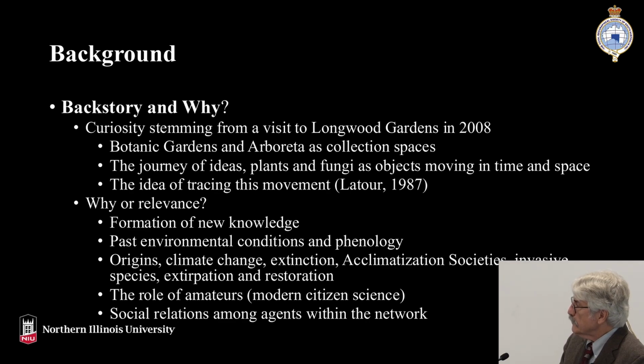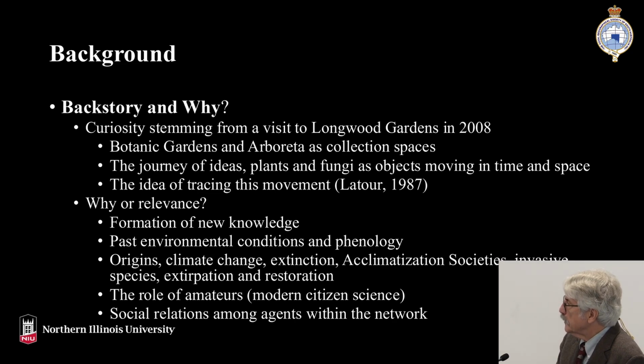So this curiosity, this idea about gardens as place, or what's the historical background of that. I was in Longwood Gardens way back in 2008, and I was looking through the bookstore, and there were all these books about collectors that had gone out in the field over time and brought all these things back. So it's like you're bringing back all these materials to this one place. Okay, so I'm thinking, gardens could be kind of a place. At that time, I was working as a research associate in North Carolina.